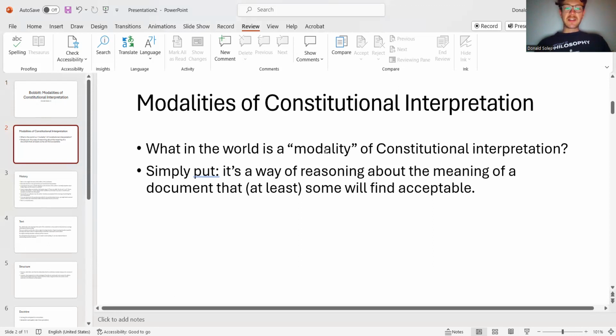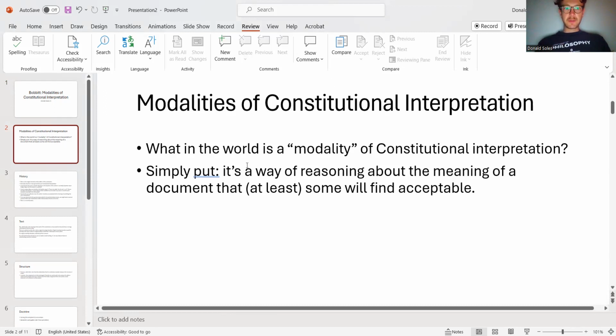There are 6 modalities that we'll think about in this lecture. The first modality derives from history, the second from the text itself and how it would be understood, the third from these structural arguments about the government, the fourth from doctrine or precedent, the fifth from ethos, and the sixth from prudence. Let me go through each of these systematically and make this short video for you tonight.